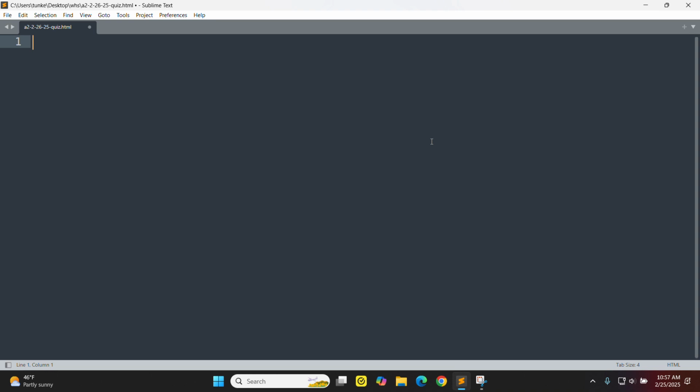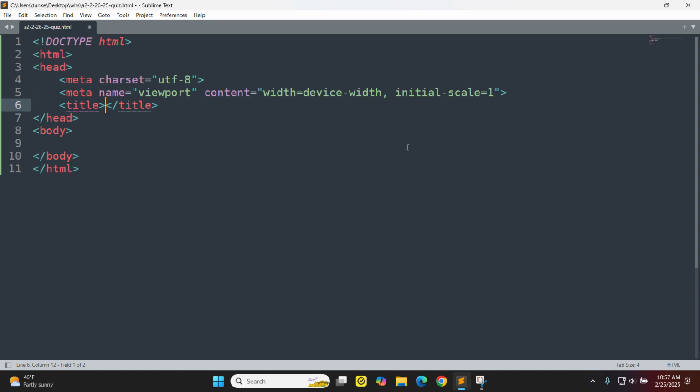So I have Sublime Text open. I'm going to create an HTML document. Well, I have an HTML document created. I'm going to create some boilerplate code by typing HTML and hitting tab. That's specific to Sublime Text, I believe. And then we're going to just give it a title. Let's call this Algebra 2 Quiz